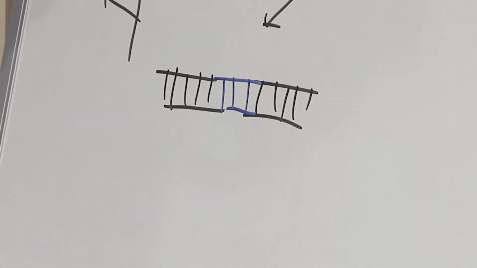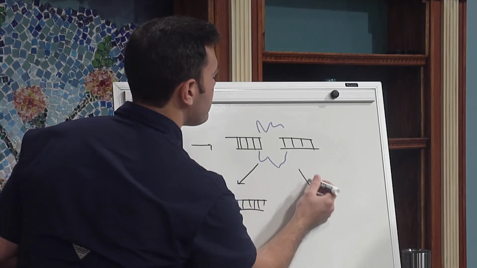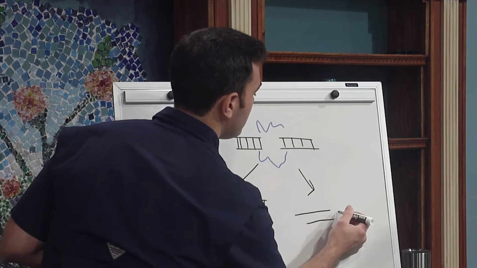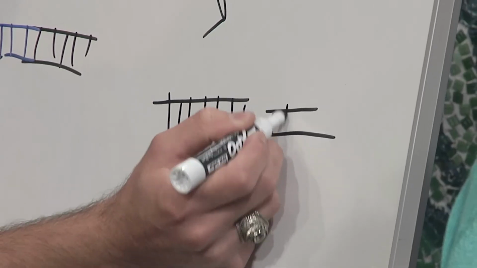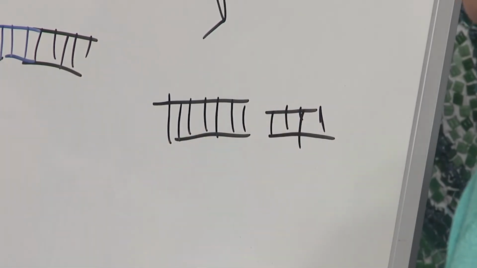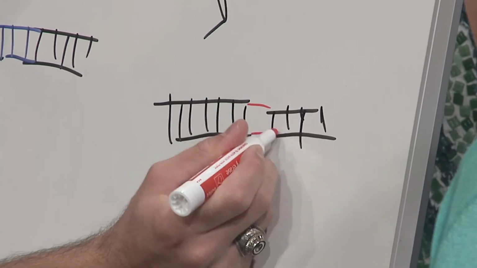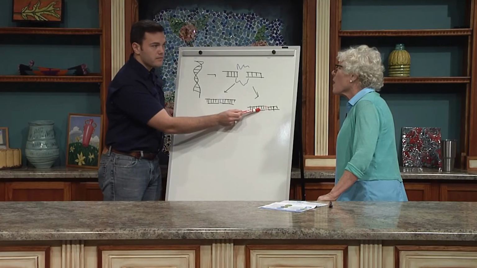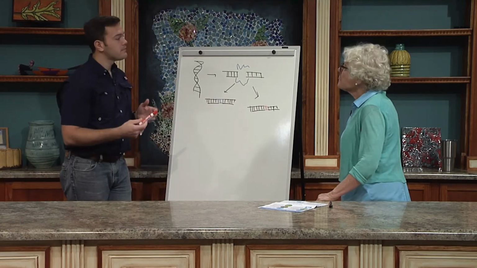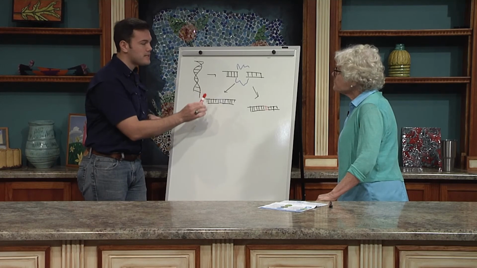Or, hopefully another trait that's desirable. Hopefully, yes. Or if you let the cell repair itself, then a lot of the times, the insert you get won't be as large as the template you provided, but it won't be exactly the same as it used to be. And when that happens, you can silence a gene because you've broken the gene. So that's the benefits of CRISPR is precision genetic engineering.